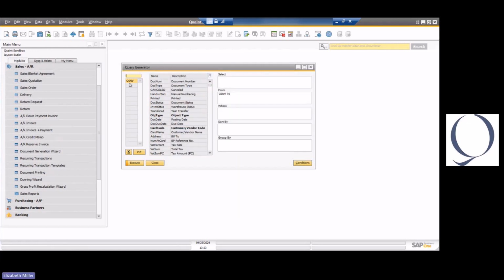So I could search by that. Another thing that you can do is anytime you see a bolded field name in these field names, that's where SAP is trying to help you be user-friendly. If you click and hold, you'll see that it highlights the box here, and you can drag and drop these highlighted or bolded fields over here, and it will try to give you the related table that field comes from,